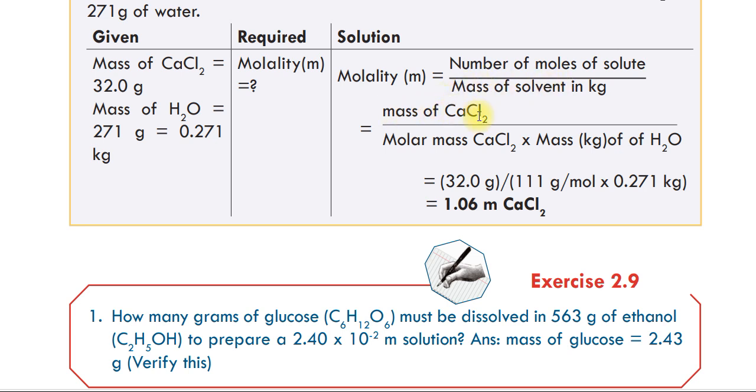ማስ ኦፍ ካልሲየም ክሎራይድ ኦቨር ሞላር ማስ ኦፍ ካልሲየም ክሎራይድ። ሲምፕሊ ሞል ማለት ምን ማለት ነው? ሞል ማለት given mass, that is mass of calcium chloride over molar mass of calcium chloride ማለት ነው። ይህች ጋር የገለጽናት ነገር mass of calcium chloride እና molar mass of calcium chloride ማለት simply number of mole of solid እንደማለት ነው። Number of mole of solid ሲካፈል ለስንት? ለማስ ኦፍ ሶልቨንት ይሄ ማለት ነው።